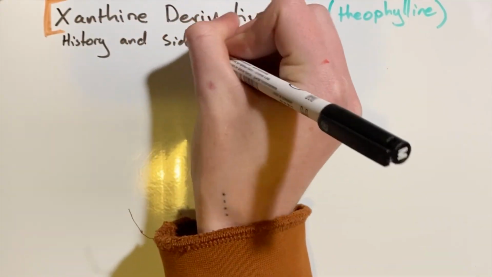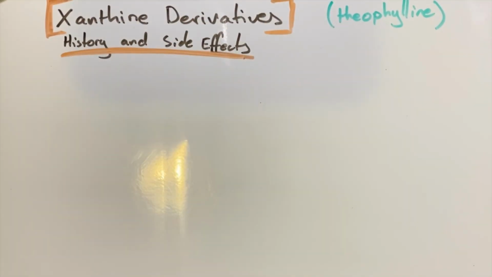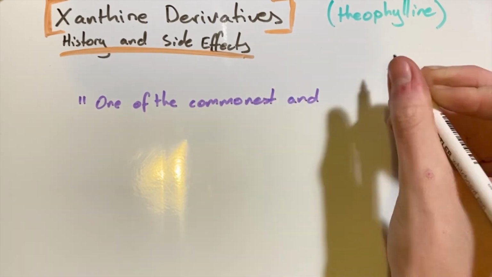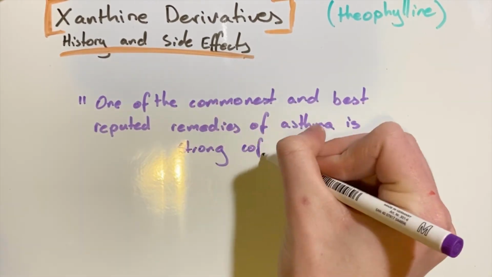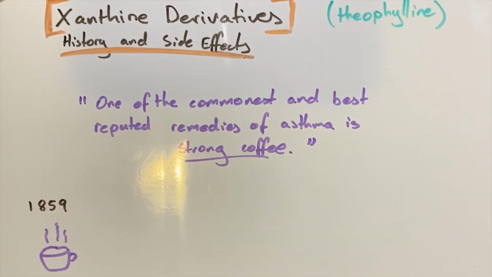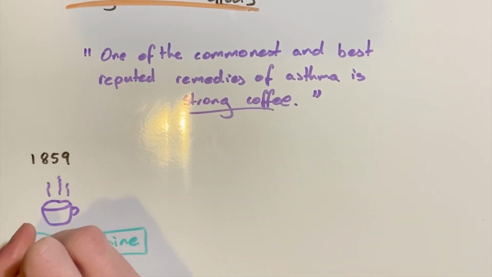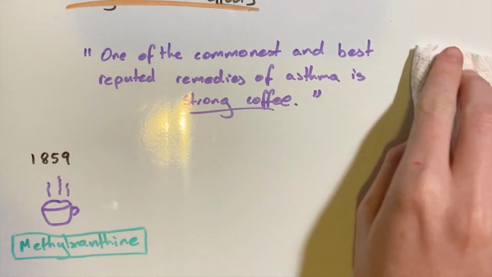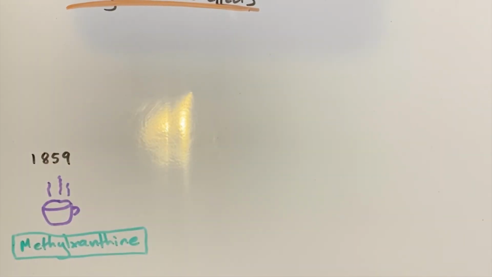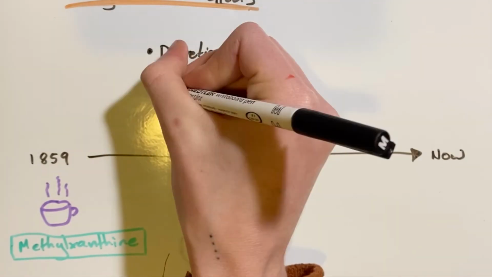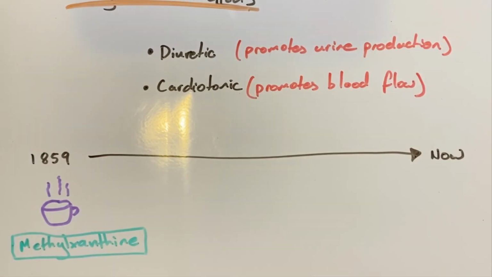The history of xanthine derivatives begins in 1959, when an English scientist stated that one of the commonest and best reputed remedies of asthma is strong coffee. This statement was later explained as coffee, tea, and chocolate all contain methylxanthine, which is a xanthine derivative. After decades of use as a diuretic and a cardiotonic, xanthine derivatives, the most common being theophylline, began to be